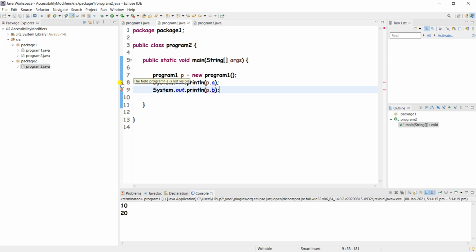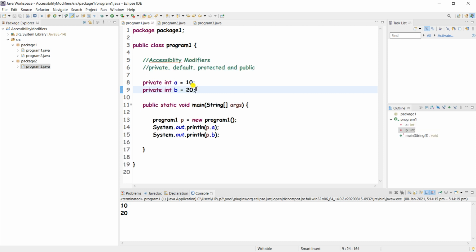What is this error showing? The field program1.a is not visible, right? Let's see what it says: change visibility of a to package, otherwise create getter and setter methods, okay. That means, yeah, and another concept is we can access these private variables or any private method.